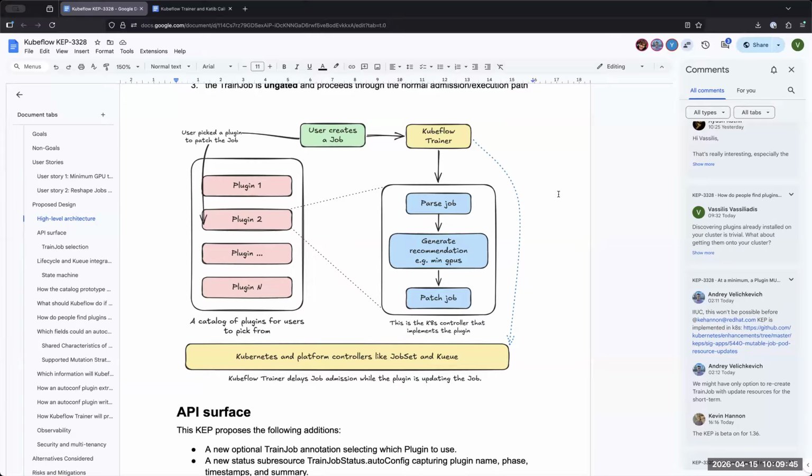But if this plugin system selects the minimum GPU or resource size, the preemption or eviction cannot contribute to the entire cluster usage.